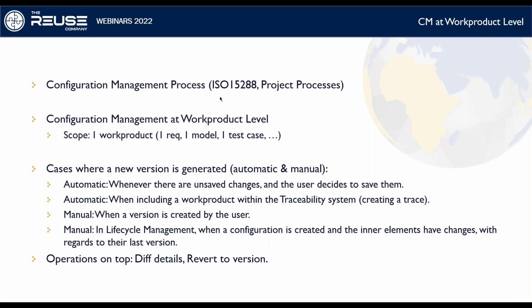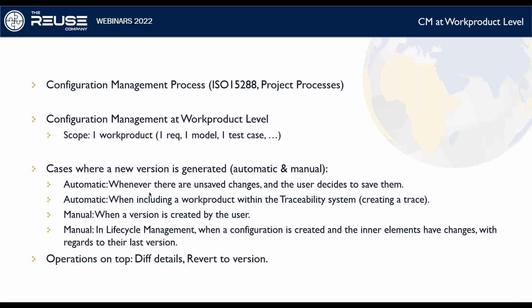So speaking of configuration management, if we look at configuration management at object level, it's already defined, as I said at the beginning, in some ISO standards. So we basically apply the standard to the scope of one work product. So in this case, we have versions generated. Sometimes it's automatically generated. So at object level, the difference with the other levels is that at object level, we can perform some automatic changes. So given the fact that we change many objects during